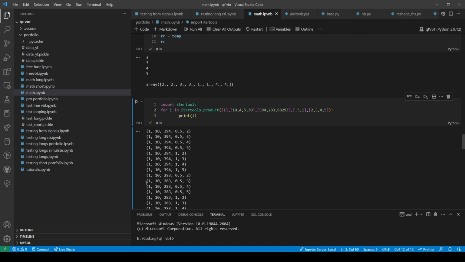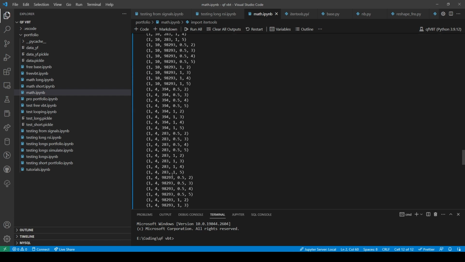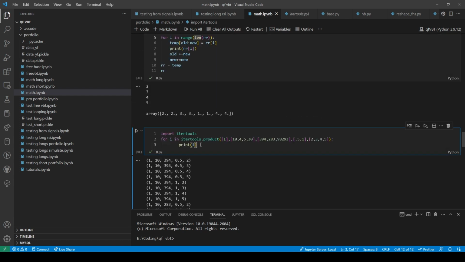And then I have to grab the whole first thing, the whole second thing, the whole third thing, the whole fourth thing. I have to grab all 5 of these, but oh my god!